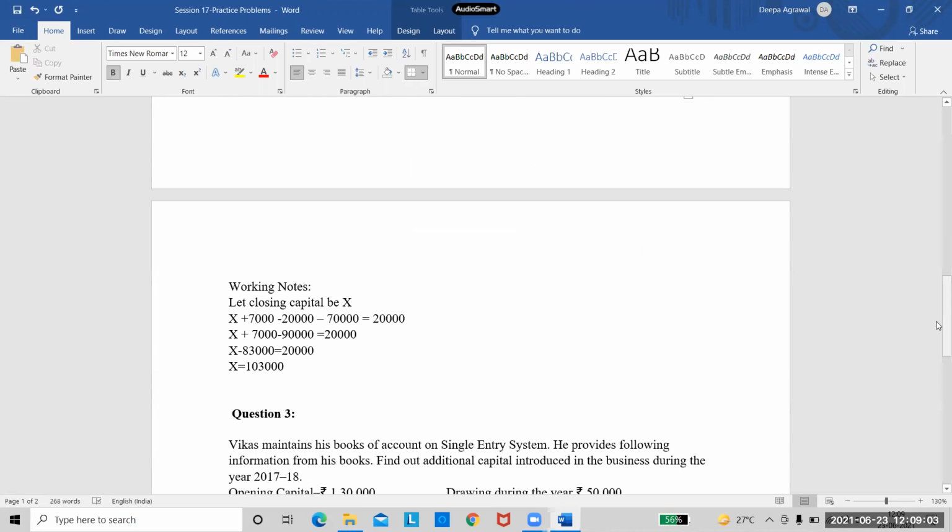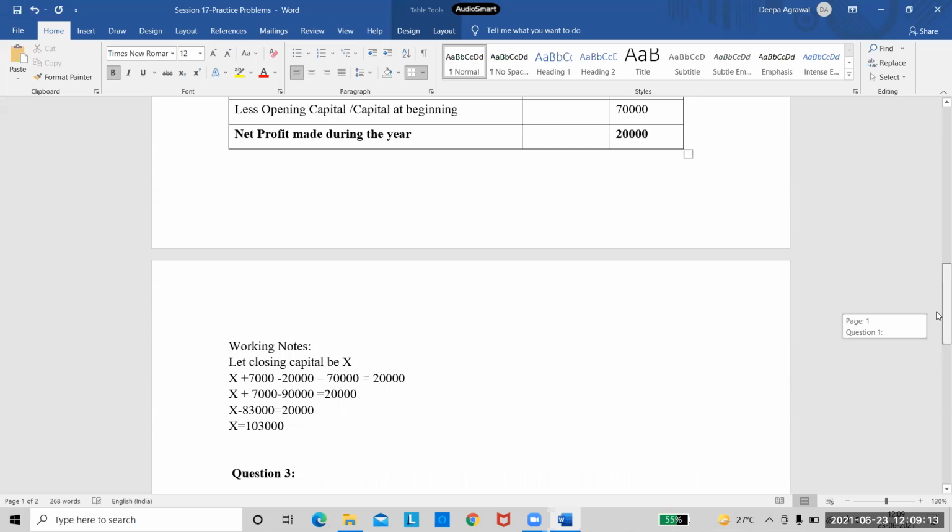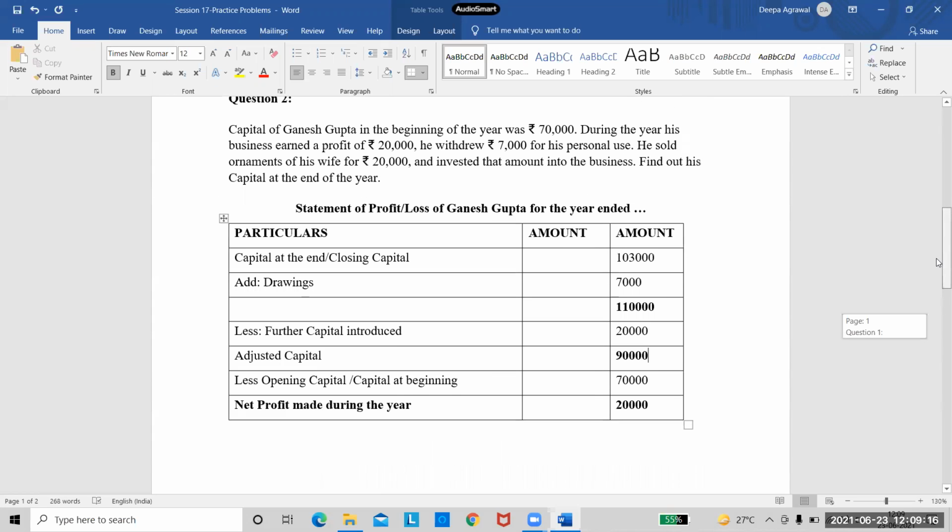That means my calculations are correct. So sometimes he will give you information like this to confuse you. He will not ask the profit. He will give you some missing figure. Is it clear or is there a doubt? Anyone has a doubt in this? Yes or no? No. Okay.